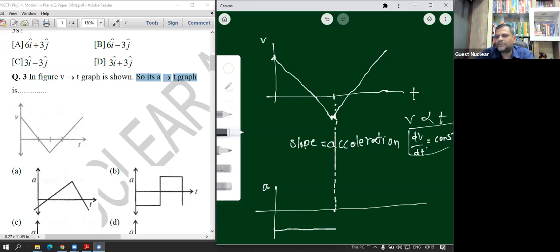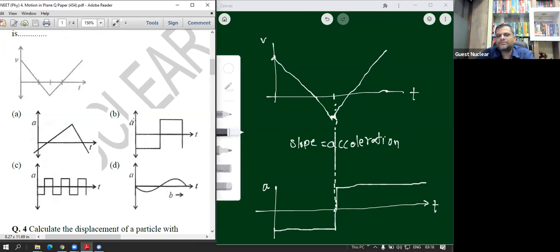But it is positive. Remember, why is it positive? Because the velocity is increasing with respect to time here in this graph. तो यहाँ से यहाँ तक velocity बढ़ता जा रहा है और वो भी linearly बढ़ रहा है, करके यहाँ पे जो एक्सेलरेशन जो है तो वो यहाँ पे कांस्टेंट रहेगा और वो भी पॉजिटिव रहेगा। तो देखो इस टाइप का ग्राफ हमको मिलेगा एक्सेलरेशन और टाइम के बीच में। देखो ठीक से, where is this type of option, just check here, it is there in this option B here. ओके, तो बी ऑप्शन जो है तो वही हमको यहाँ पे दिख रहा है इसके सिमिलर, बाकी तो हो ही नहीं सकते।